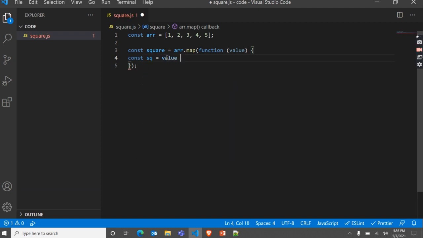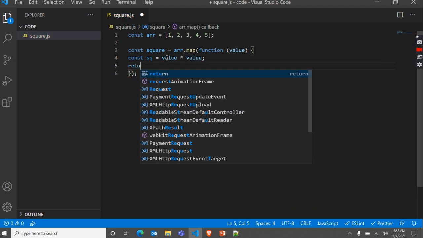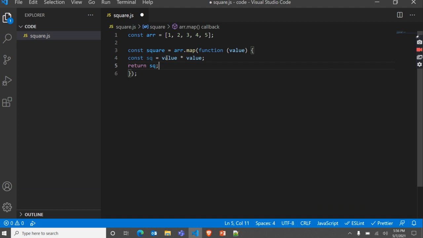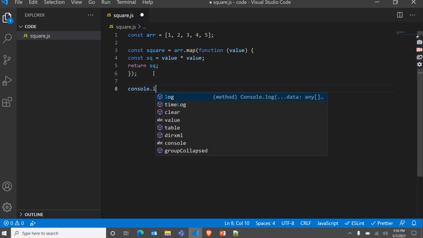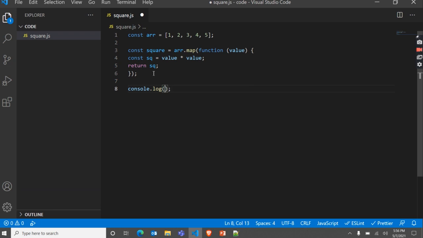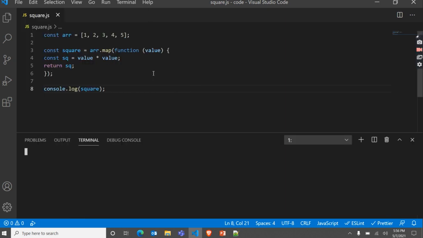Value multiplied by value to get square, and let's return this. Now console.log the result. What is the result? Square. We stored this in the square variable, so let's save this and run this file.